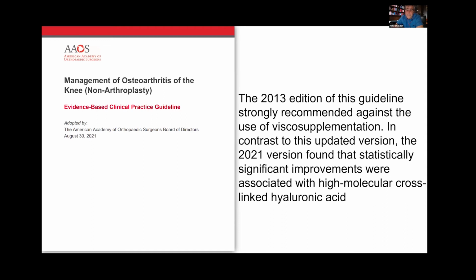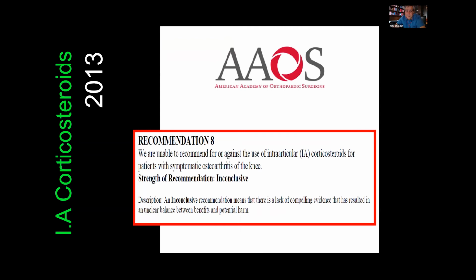Sure. And like I said, I'm not putting any judgment on individuals and their biases. I'm simply stating the fact that the argument that I think was happening all the way through from 2013 to 2022 now has been, we need to differentiate HA in terms of elements, and the higher molecular weights seem to have a much stronger effect. And I think they're recognizing that in this updated guideline.